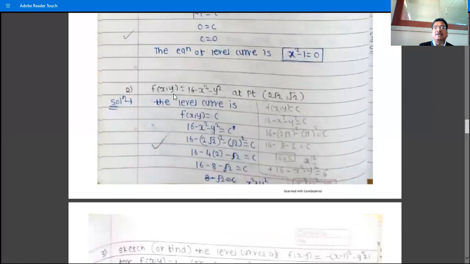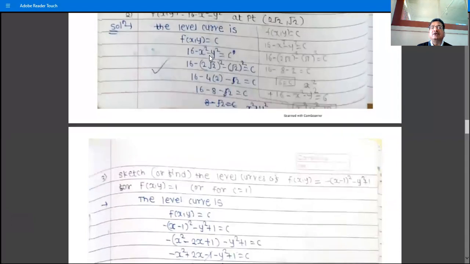So the next example is the function f(x,y) = 16 minus x square minus y square, and this is the point, that is, this curve passes through this point, and therefore the level curve is what? The function f(x,y) is equal to constant, that is, 16 minus x square minus y square is equal to constant, and this passes through the point (2 root 2, root 2), therefore substitute x as 2 root 2 and y as root 2, we have c is equal to 6,